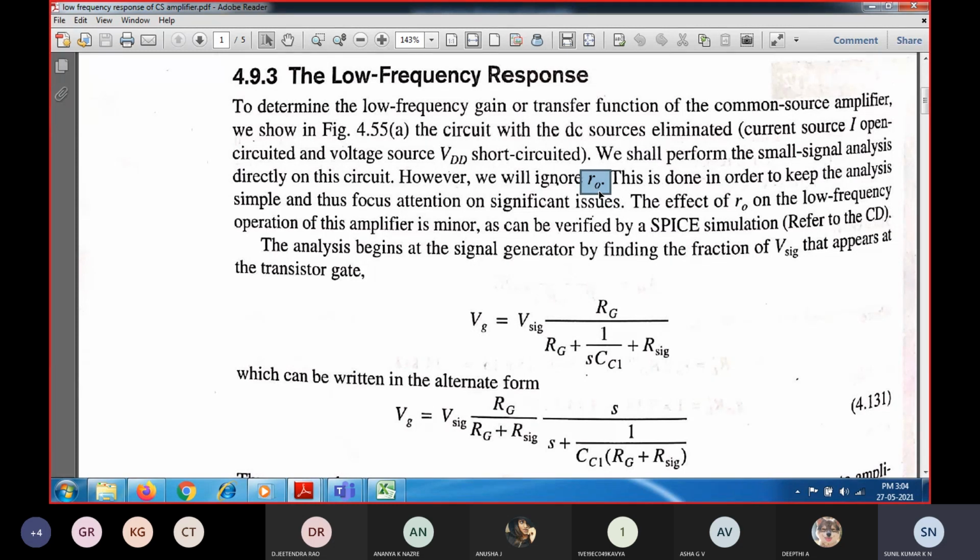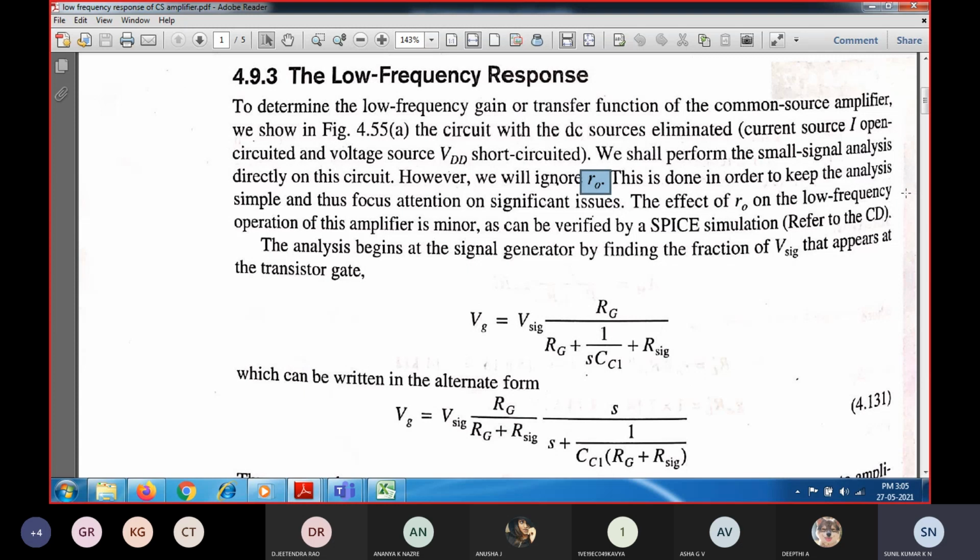So we will have one VGS term, and a constant current source gm times VGS. The device has three terminals, gate, source and drain. Between gate and source you are going to have an open circuit, with the gate to source voltage VGS. There will be no resistance associated between the gate and source, it is infinite resistance. Between the drain and source, we are going to have a controlled current source which flows between the drain and source. That is IDS, which is equal to gm times VGS. So that is the small signal circuit, only that much will be there, and we are not going to consider the finite output resistance R naught.